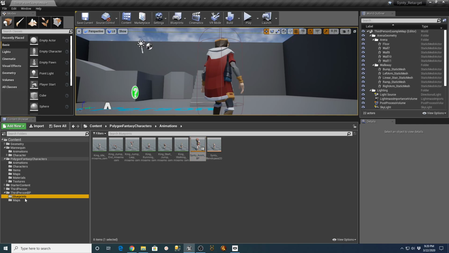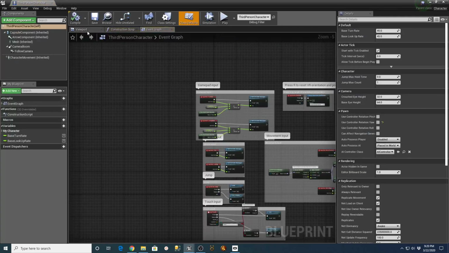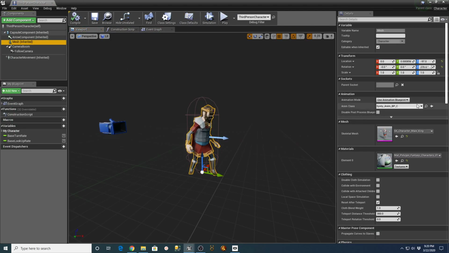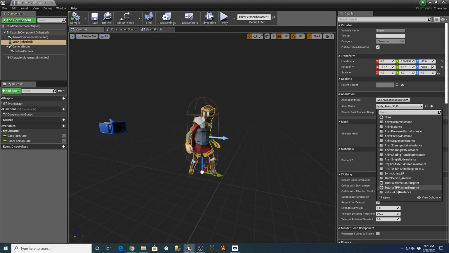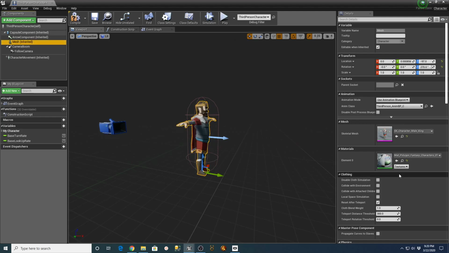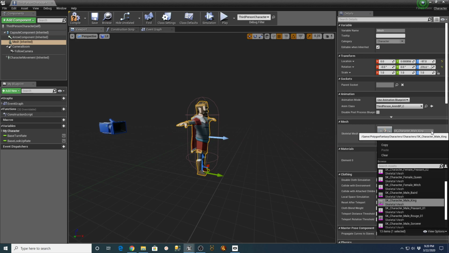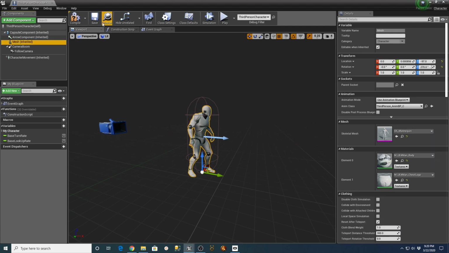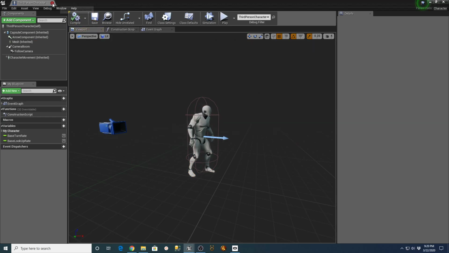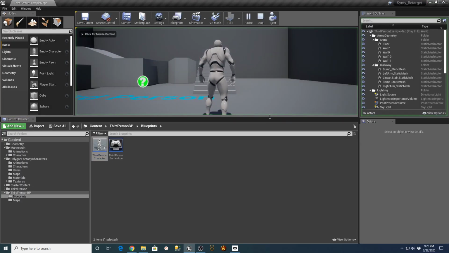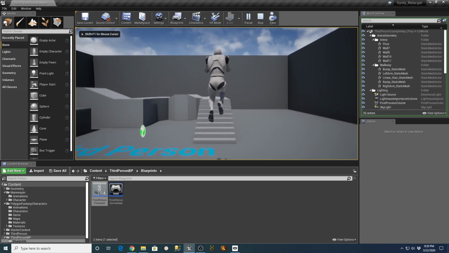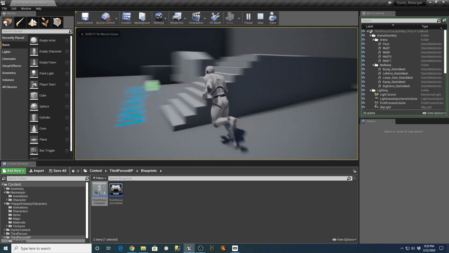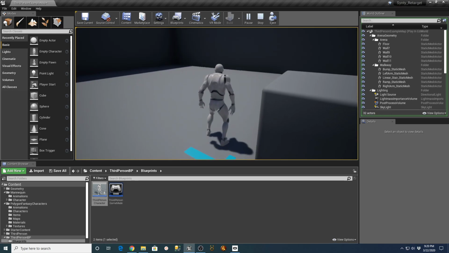Let's go back to the third person character, and we'll put it back to the third person NMBP and change this back to the mannequin. And this should all work. Right? So if he jumps, he runs, turns, jumps.